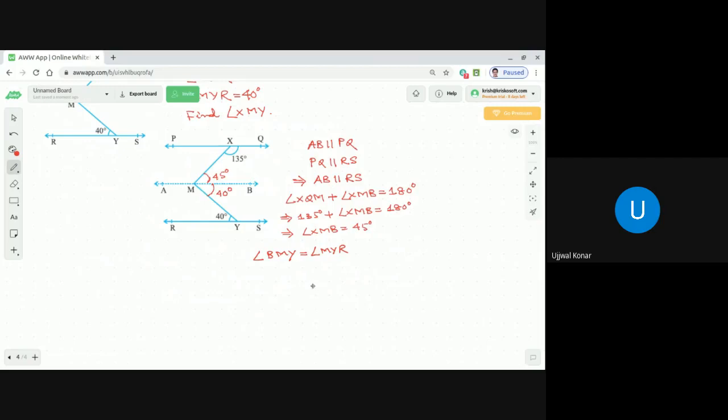Angle MYR is already given as 40 degrees. So that is what we can write: it is equal to 40 degrees, given. Now if we just add these two, so therefore finally we can write